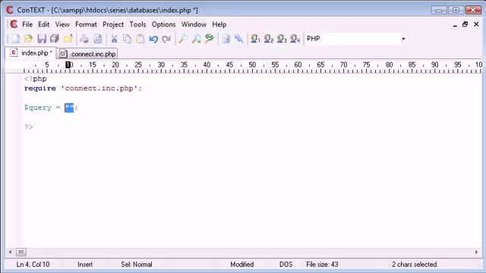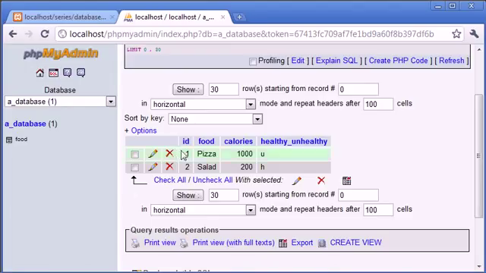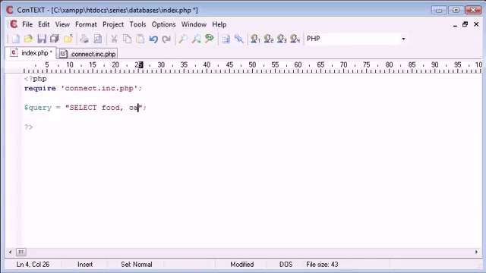So I'm going to be using double quotation marks because remember we're using singles inside the query. So this query is going to be select. Now we need to mention the field names. So select food and calories, food, calories, separated by a comma,